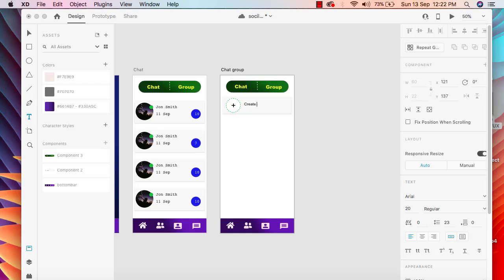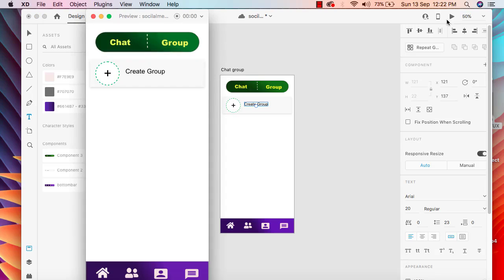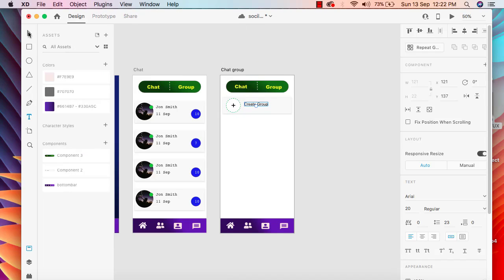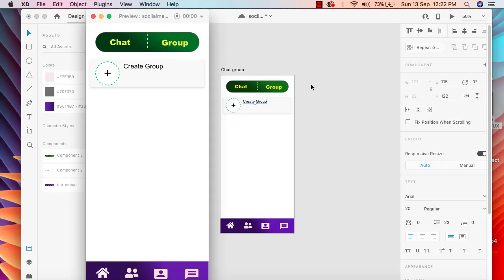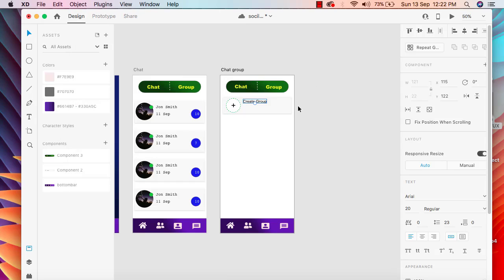Alright, so create group, and here you go. We can see the text is here, but we can drag it here, and if I run it, now we can see it looks create group, and after that we need to have a subtitle. So I'm gonna duplicate this one, Command D, drag it here,